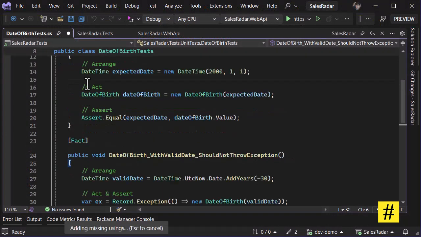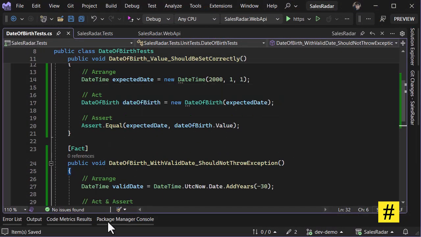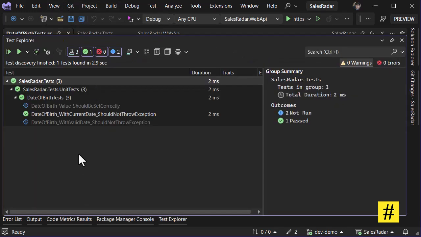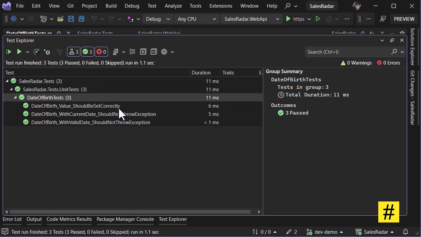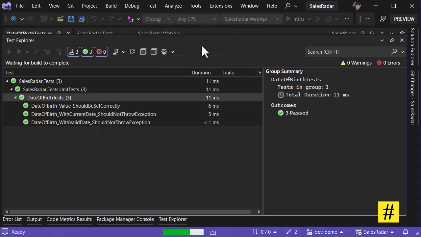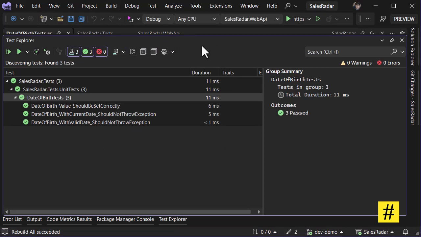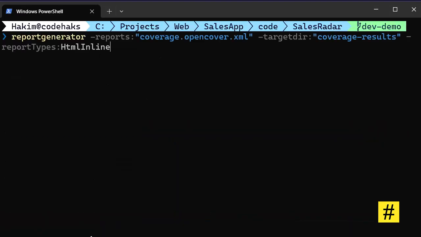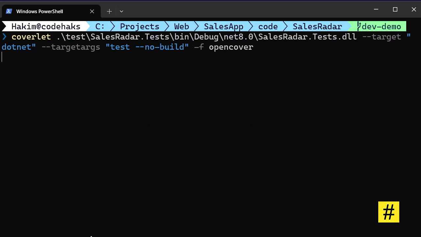So let's add more tests here, and we can run tests using the test explorer here. Tests are passing. We covered more lines and more branches. Let's rebuild, because we are using the test assembly file. We need to rebuild it, make sure that it is a newer version of the assembly. And let's go back and run Coverlet again, the same